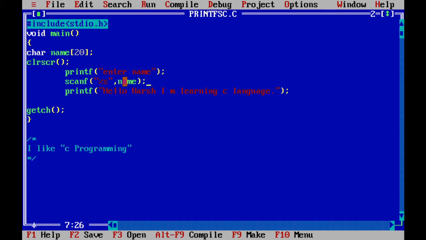Now what I have to do is, this name which I have read, I want to display that name. Instead of Harsh, I want to display the name which the user enters. So I want to display this at this location. Instead of Harsh, I will display that name which is entered by the user. So here you don't have to write name, here you have to write %s, and in the argument list write down the name. This is the variable. So hello will be printed as it is. After that comes %s. So it replaces %s by the value of the first argument, which is name. So the name will be displayed here, and after that, I am learning C language will be displayed as it is onto the screen. So let's